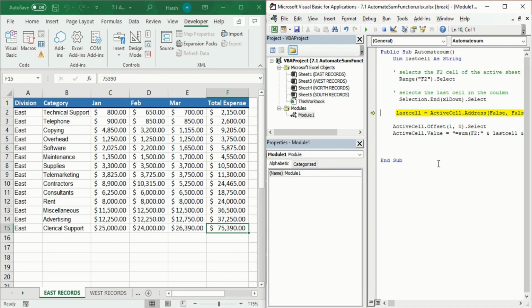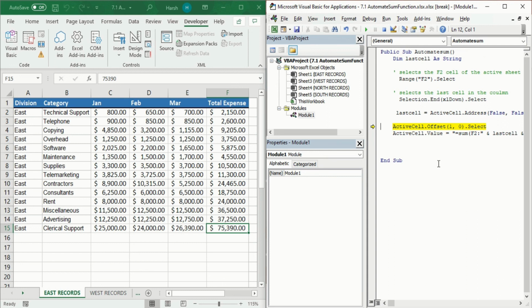Now one more thing, you will see that this F15 address will be stored in our last cell variable. So if I again click on the function key and press F8, now you will see it has stored in our variable. Now we are giving the information that from F2 to F15 it is the cumulative sum of each of them one by one.